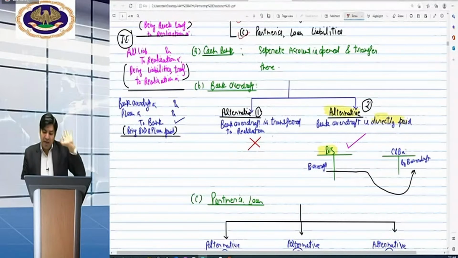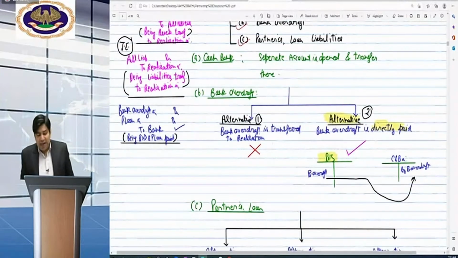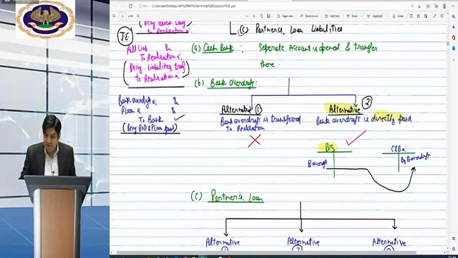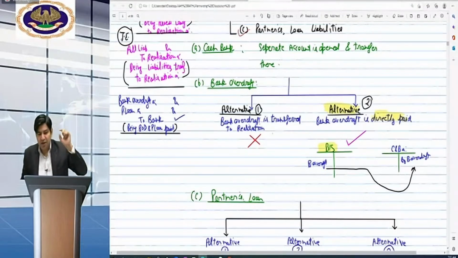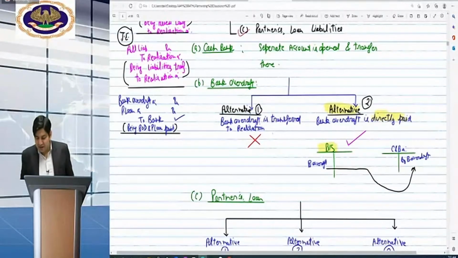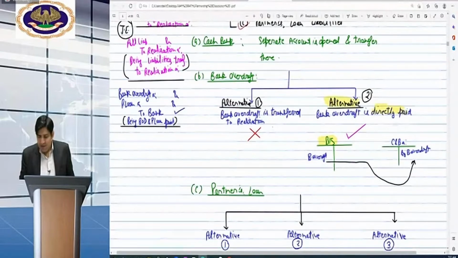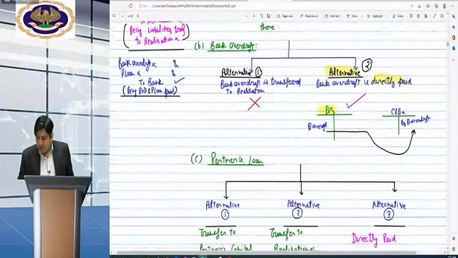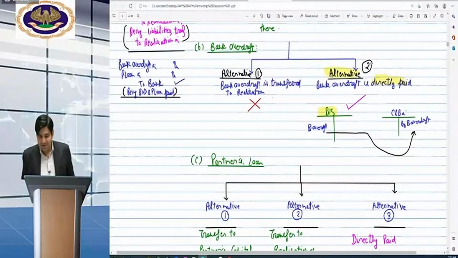Now, after that, I will move further. Please give me an answer whether it is okay step by step. I want clarity at each and every step. Beta, write down here that cash and bank overdraft is okay. Either write okay or write complete. I am waiting. Okay. Honey, Vedika, okay. Rest of all enjoying their parathas with sauce or chutney, etc. Is this real? Tell me everyone. Are you in class or enjoying the breakfast? Only Honey and Vedika are answering. I want an active session, please. Everyone must answer.